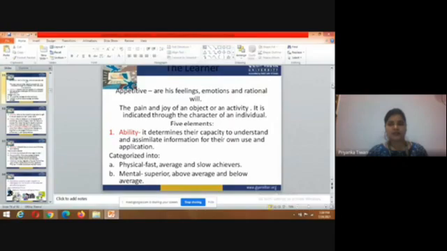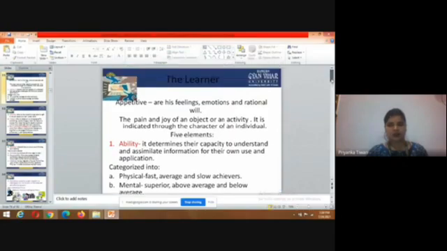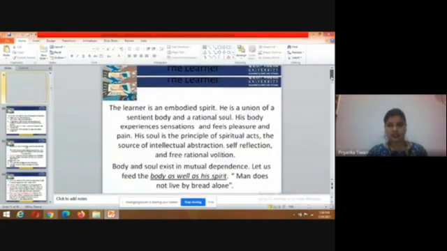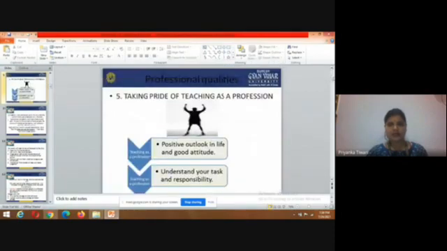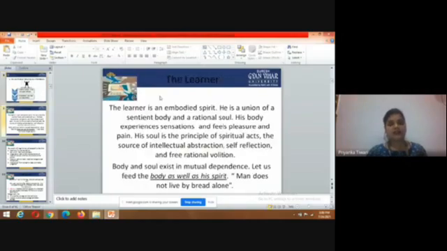So we have discussed these points, the learner and the teacher. So these are professional qualities. What we have discussed in this slide are some positive outlook in life and good attitude. We must understand our task and understand our responsibility. So teaching as a profession, taking pride in teaching as a profession. Then after the